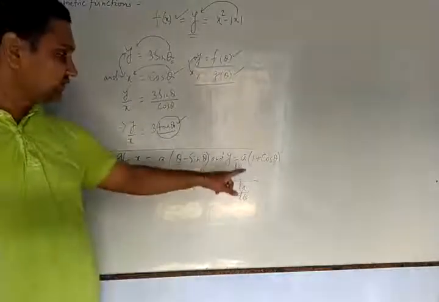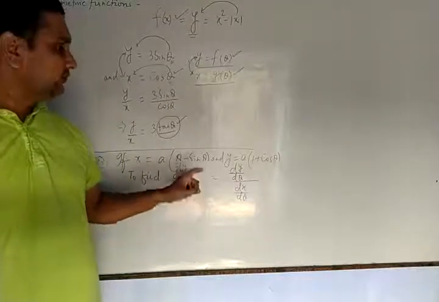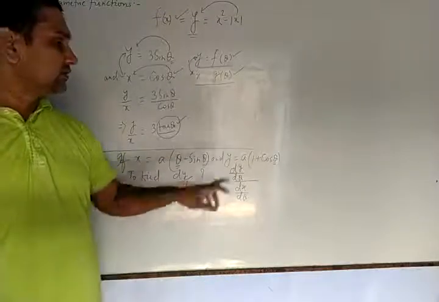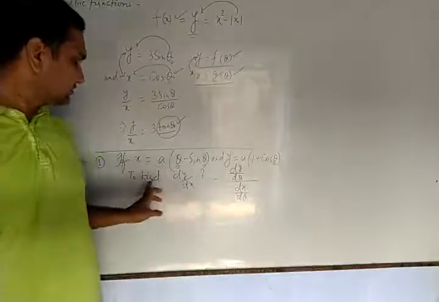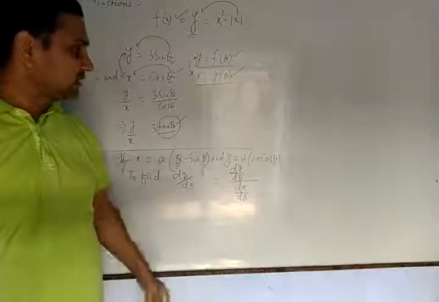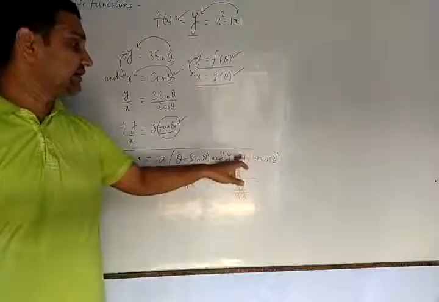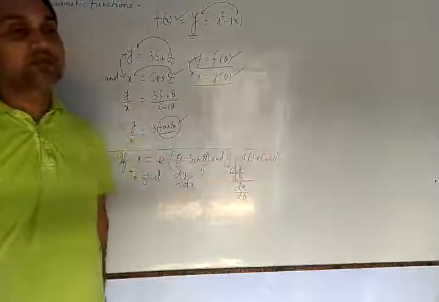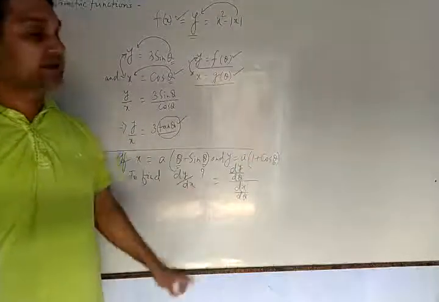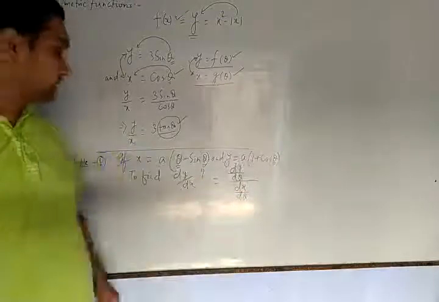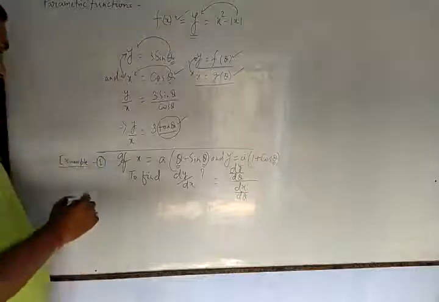So we need to first write dy by d theta. We are doing the derivative of this function y with respect to theta, and this function x with respect to theta. Is it possible to calculate or not? Because theta is the parameter here. Suppose x was the parameter, the dy by dx was possible. So if theta is the parameter here, with y, the dy by d theta we can find, and dx by d theta we can find here. So we can do it in that way.